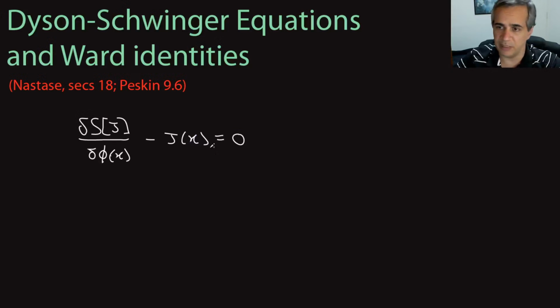We already found that for the vacuum expectation value of the field, I can exchange this action for the effective action, and then this is true. But that's specific to the vacuum expectation value of the field. Now I would like to know if there's some equivalent equation to this for a general state, not just the vacuum.